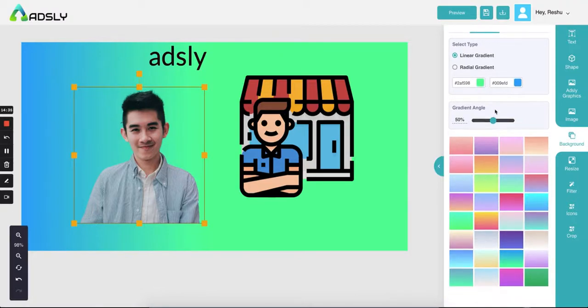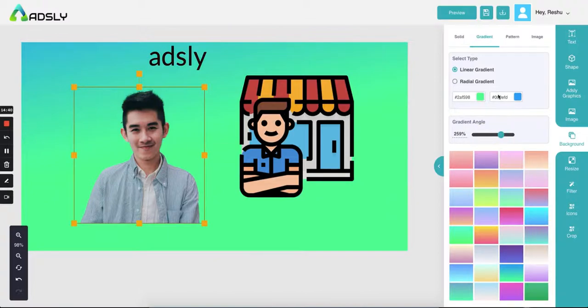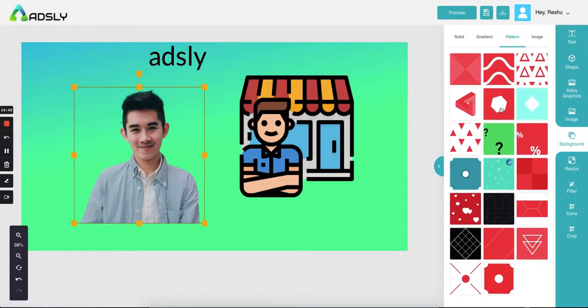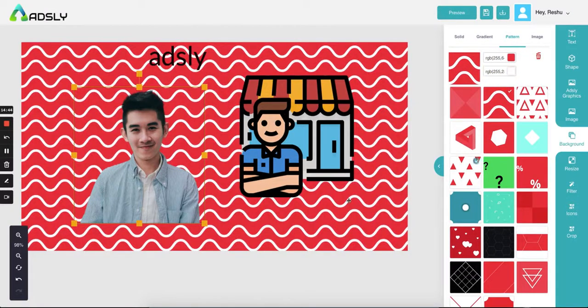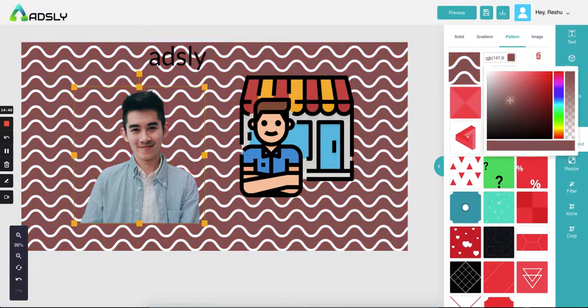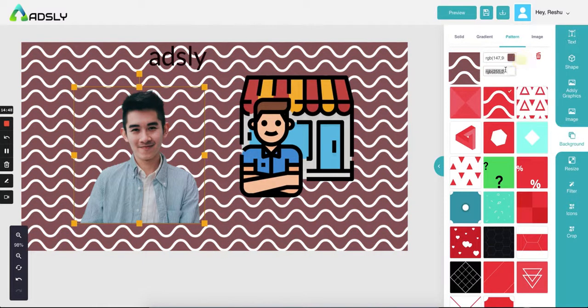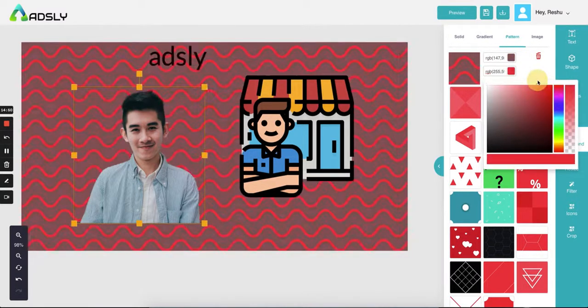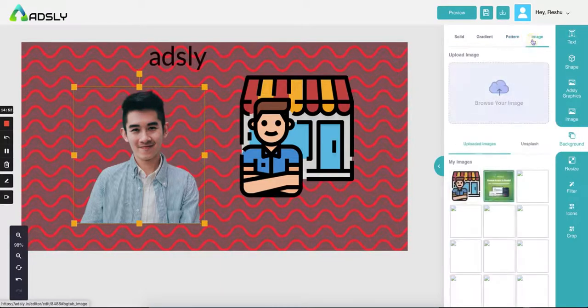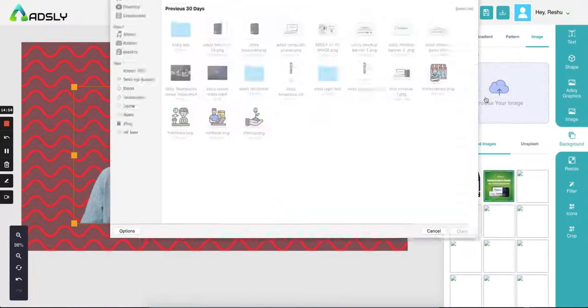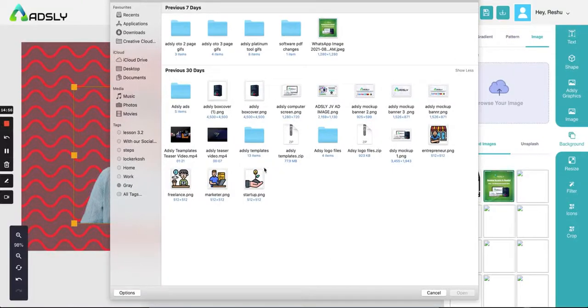And you can change the angle of the gradient colors from here. Then pattern. We have all these beautiful patterns which are fully editable and you can change the color according to your requirement. Okay. And image. Again, if you want to add your own image as a background, then definitely use this option.